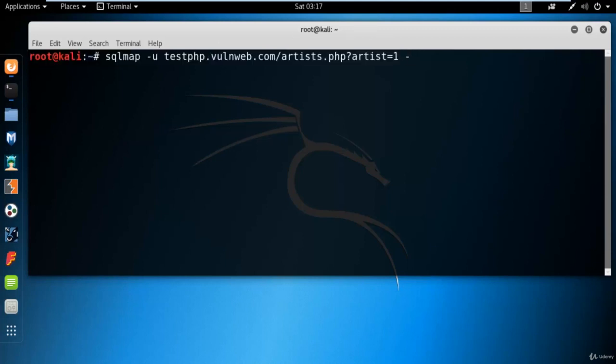I want to find the databases, so you can type --dbs. Dbs means databases, to find the databases of this website, and hit enter.